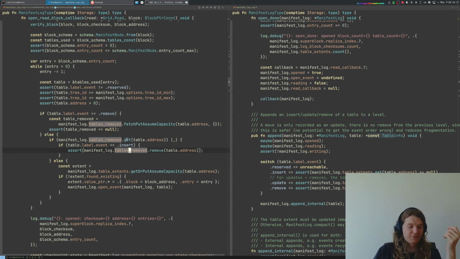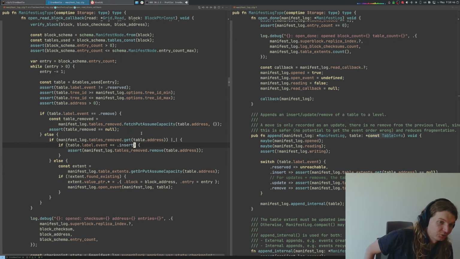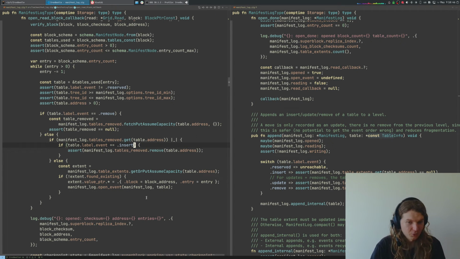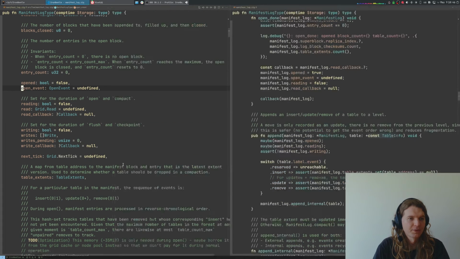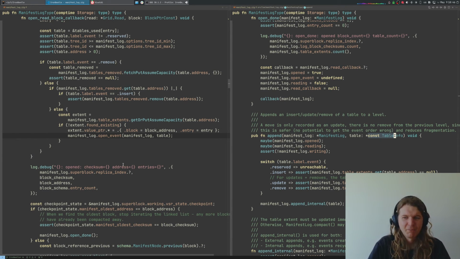If we have this table instead of removed tables, then we just do nothing here. Otherwise, we need to say, hey, actually this table is inserted. And we invoke this open event callback. And I won't show how we actually wire this all together, but I think